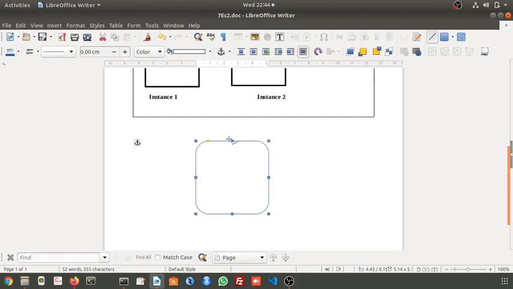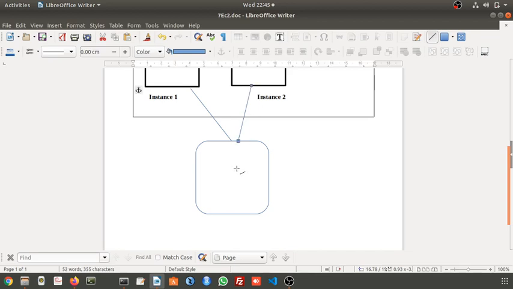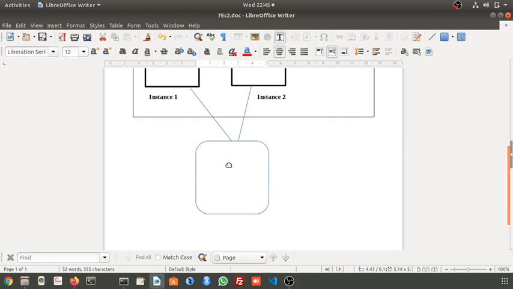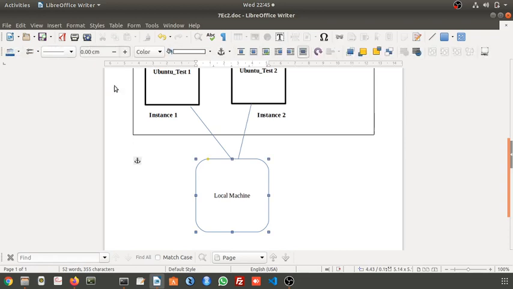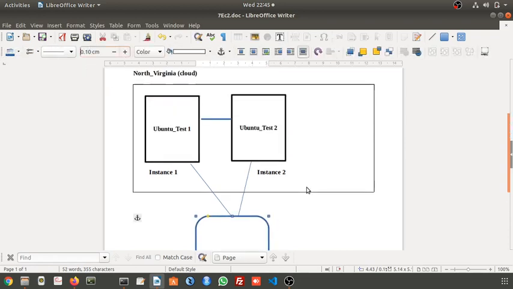That is, from here to here we will check whether the connection is there or not. Similarly, from here to here also we will check these two connections. This is what we are going to see in today's session. I guess it is clear what we are going to do.